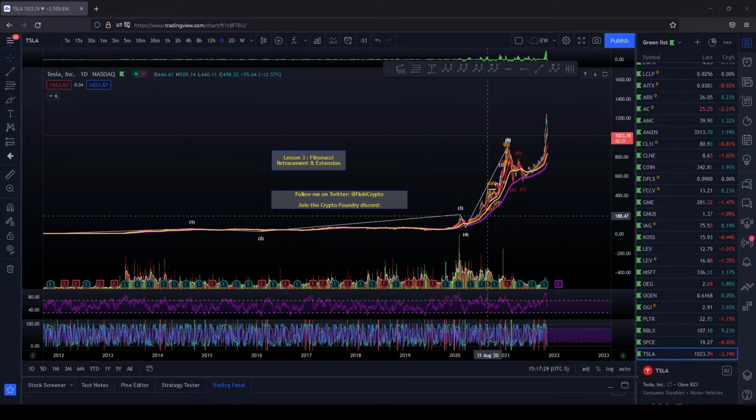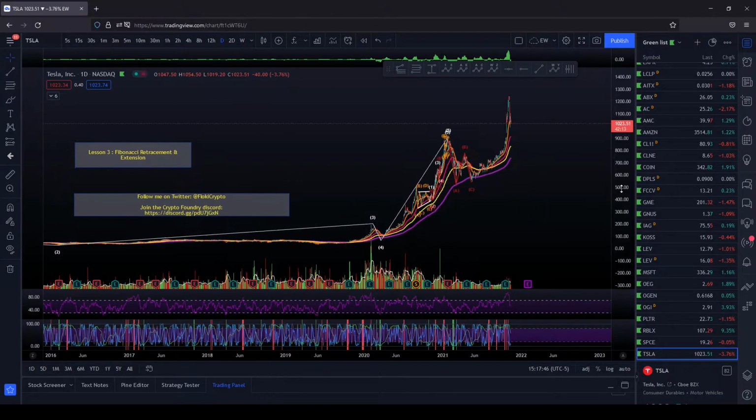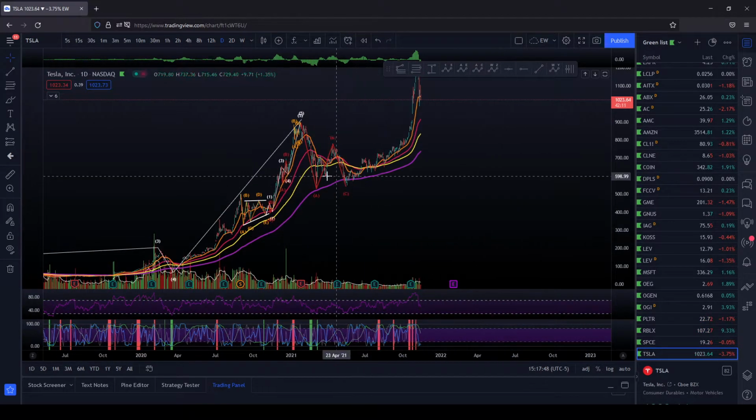So what are the Fibonacci retracement and extensions used for? Basically, what we use them for is to find support and resistance levels. It's just another way to find them. So once you have that,